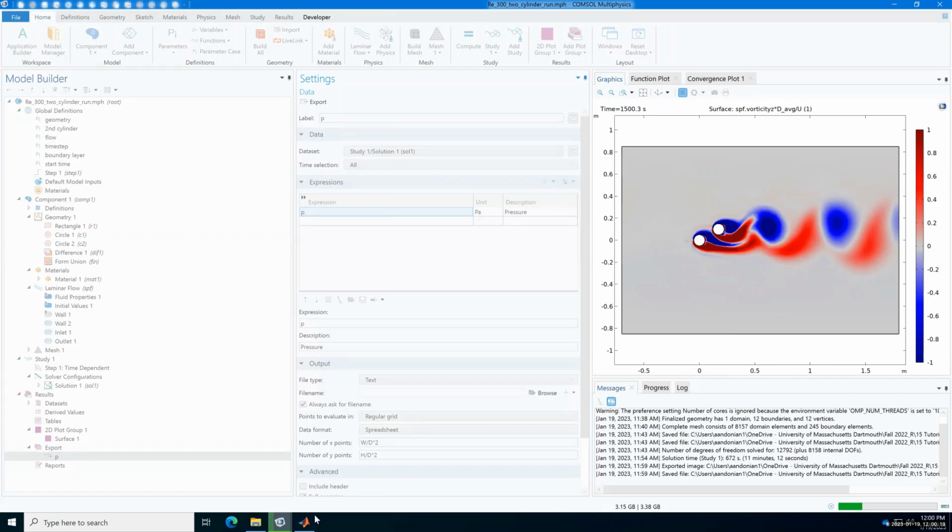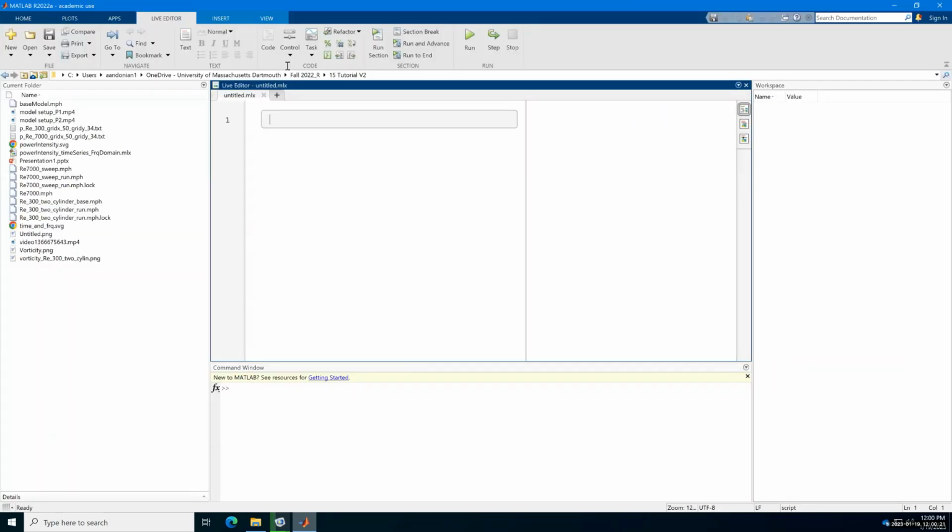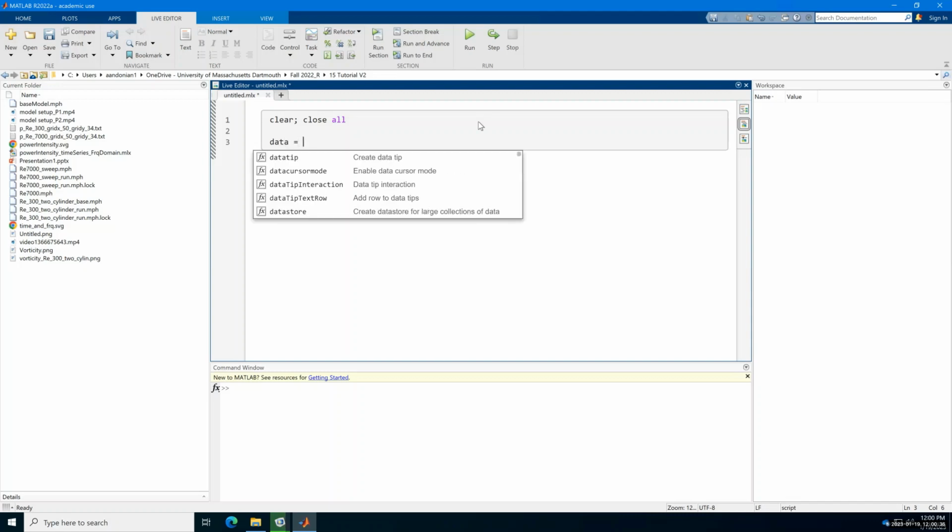Now let's go to MATLAB. This view is clear. Close all. And the first thing we're going to do is create the data variable, and we're going to load in our